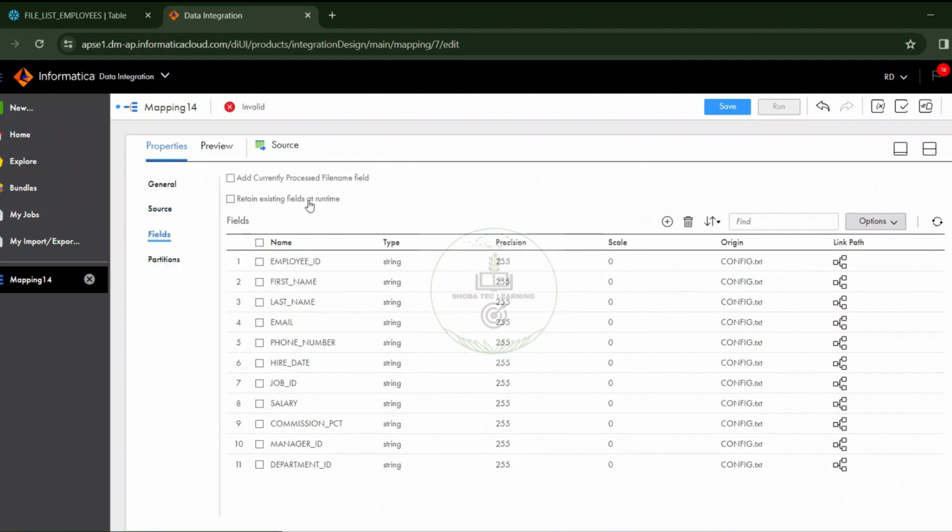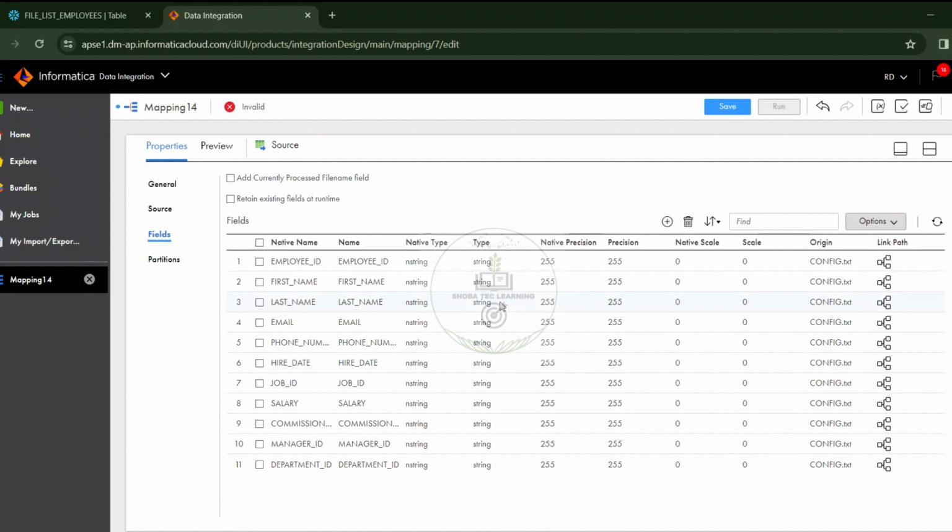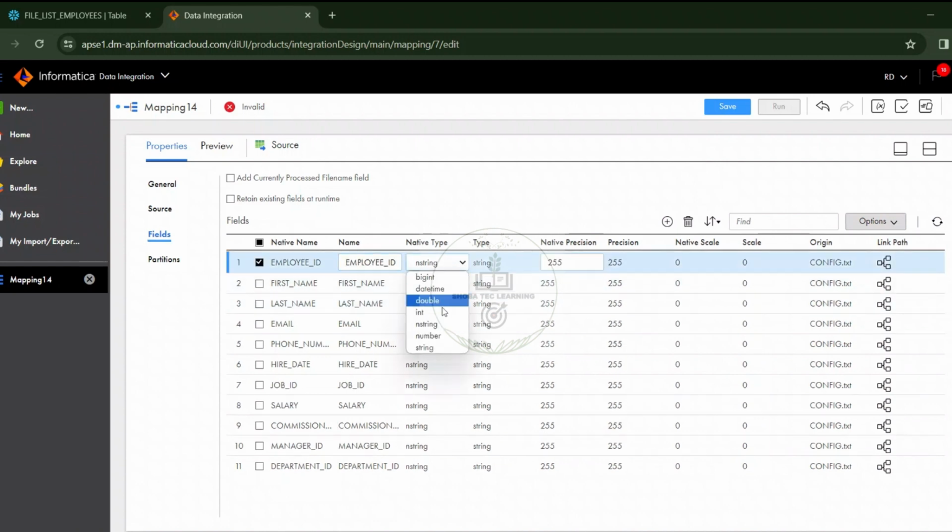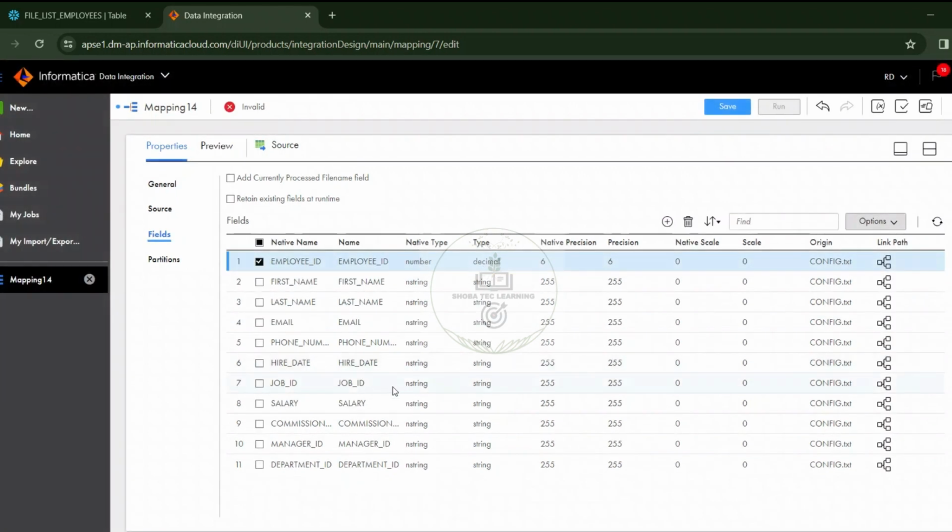Now go to Field. Keep in mind that whenever you are taking a flat file, you always use that Field tab. Okay, and change your data type. Go to Options and Edit Metadata. Here we want to change our data type. Employee ID is in the form of number. Change the precision and